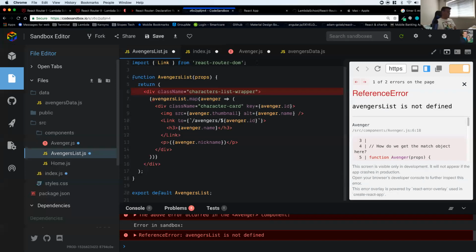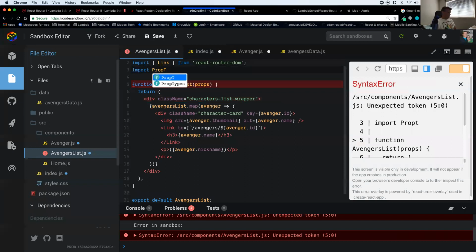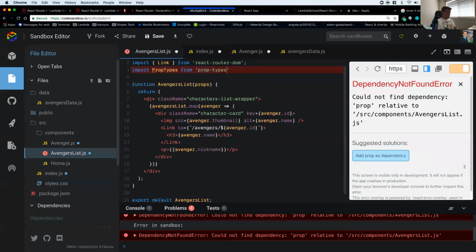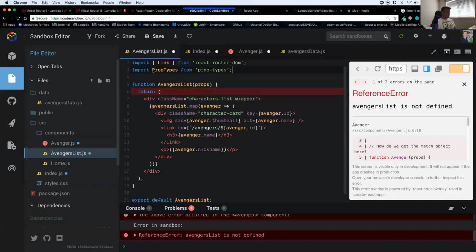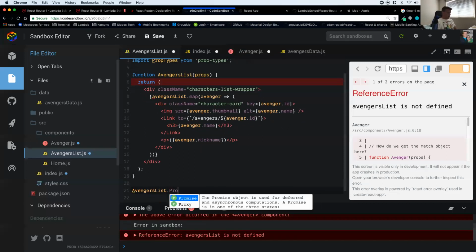We're going to import PropTypes from prop-types, and we're going to say AvengersList.propTypes